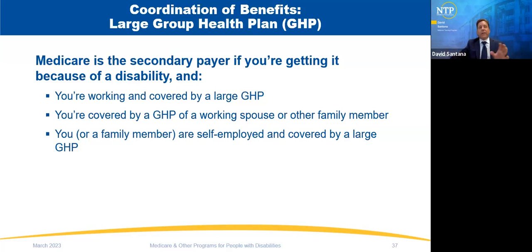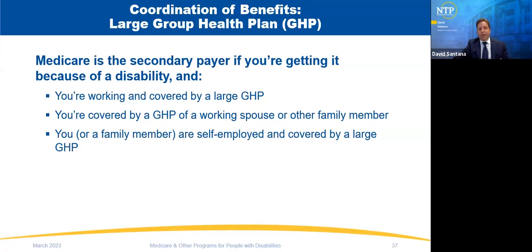Now, when we think about the Medicare special enrollment period for an individual who gets Medicare under 65, if the individual or a spouse is working for an employer, regardless of the size of the employer, that individual does not need to be enrolled in Medicare Part B. They qualify for a special enrollment period for as long as they're covered by that group health plan, regardless of the size.